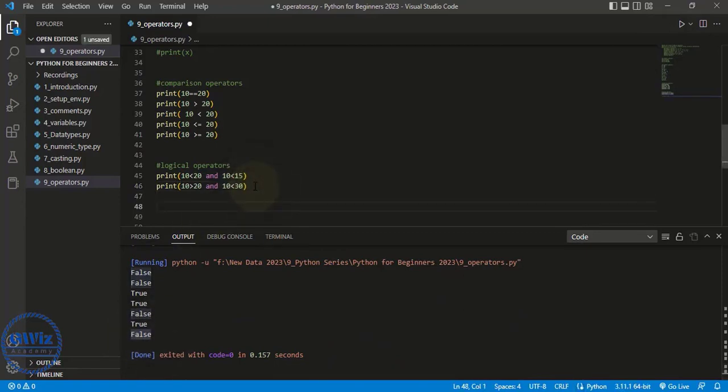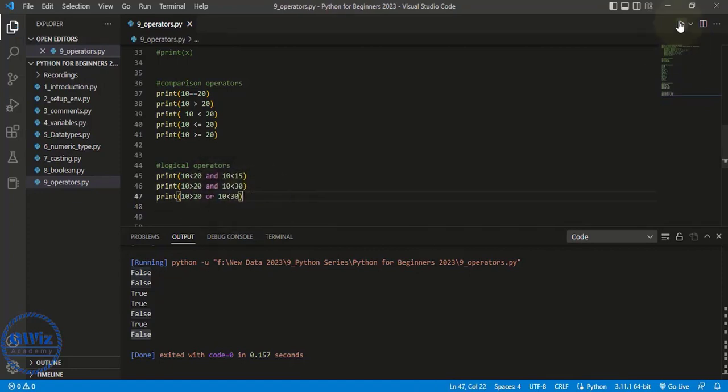So now what we can do is use the same code once again. Because we used AND, whenever we use AND, both the expressions should be true, only then the result will be true. Here if I use OR, what will happen? Let's see. If I use OR, either this one or this one, left one or right one, either of them should be true. If at least one of them is true, then the result will be true. So here I can see that 10 is less than 30. Yes, it is true. 10 is greater than 20. No, it is false. But this is true, right? So the whole expression will result